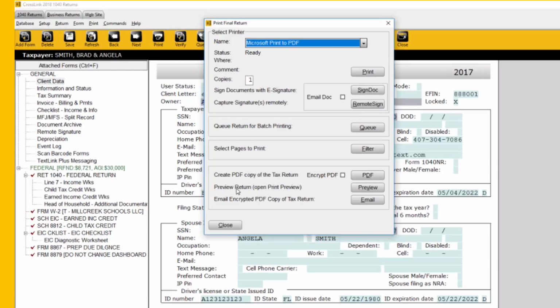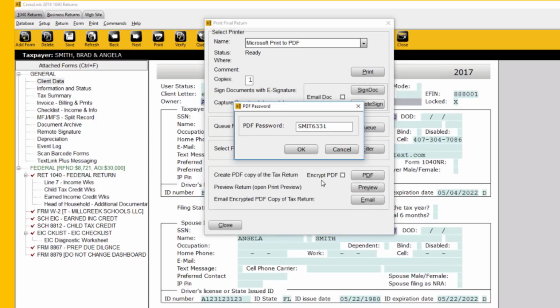Moving down to the last few buttons, deals with email. So first is PDF. You hit the button, it will generate a PDF for you. If you like to save it locally on your desktop or want to send it via your personal email, it just generates a PDF. You have your print preview, and then you have email. So the program recognized that I have an email listed on my client data, and I can email the tax return directly from this program, from CrossLink, to my taxpayer. I would just hit email,